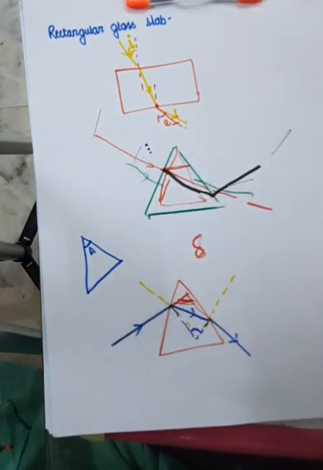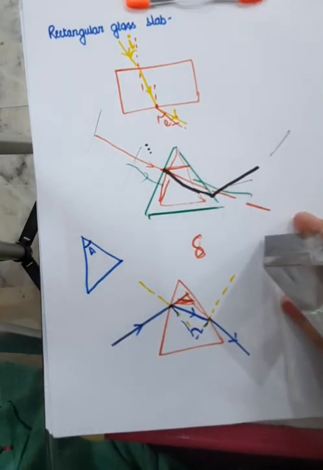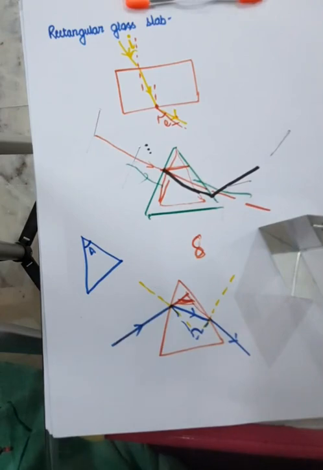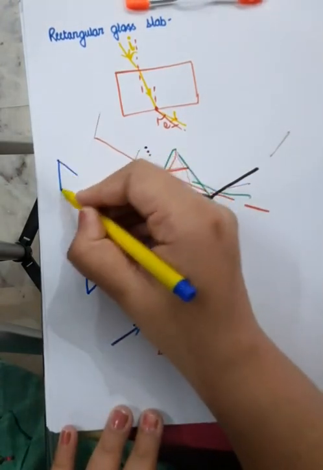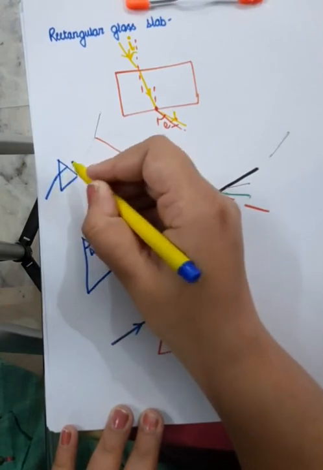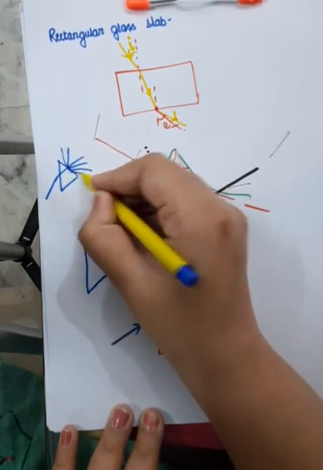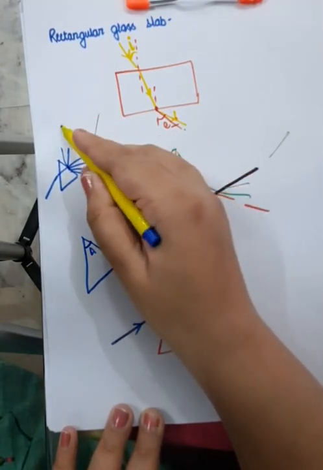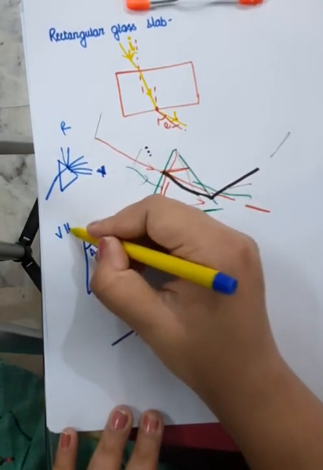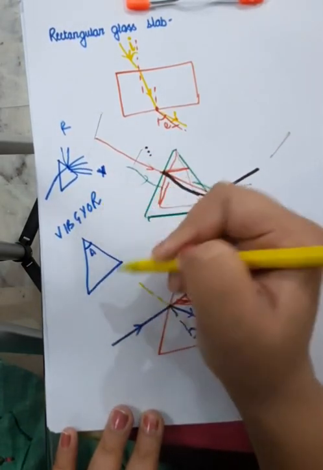the white light will appear to be dissociated into 7 colors which are known as Vibgyor: violet, indigo, blue, green, yellow, orange and red. So Vibgyor follows the sequence like this: this is your prism, this is sunlight, and after deviation it splits up into 7 colors. The first color from bottom is violet and the last color is red. So it's Vibgyor. Clear?